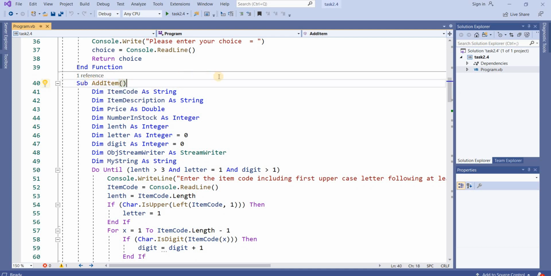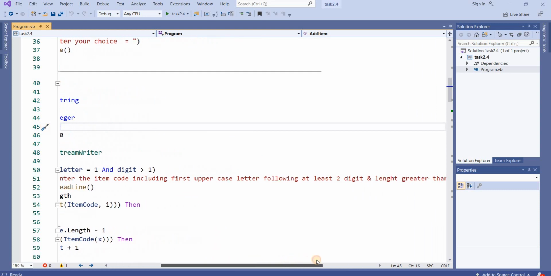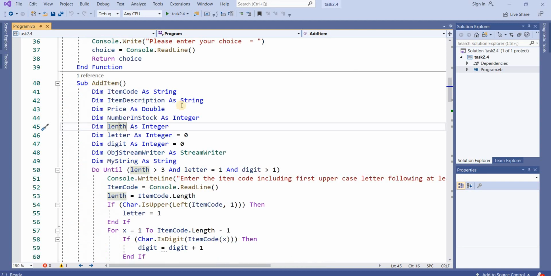Sub add item: item code, description, price, number in stock, length, letter, digit. These are the variables I have declared. Length, I will check the length. I put the format that length should be greater than 3, and it must have one uppercase letter.